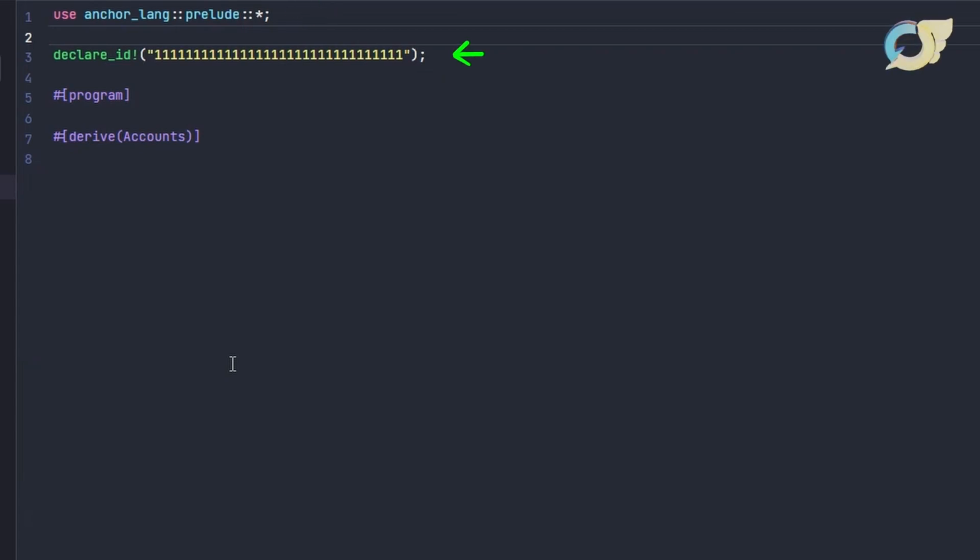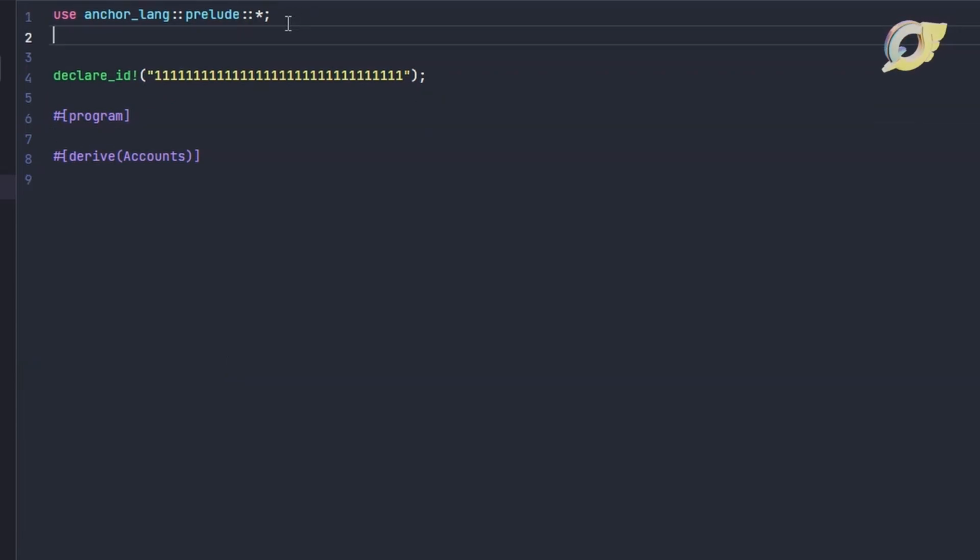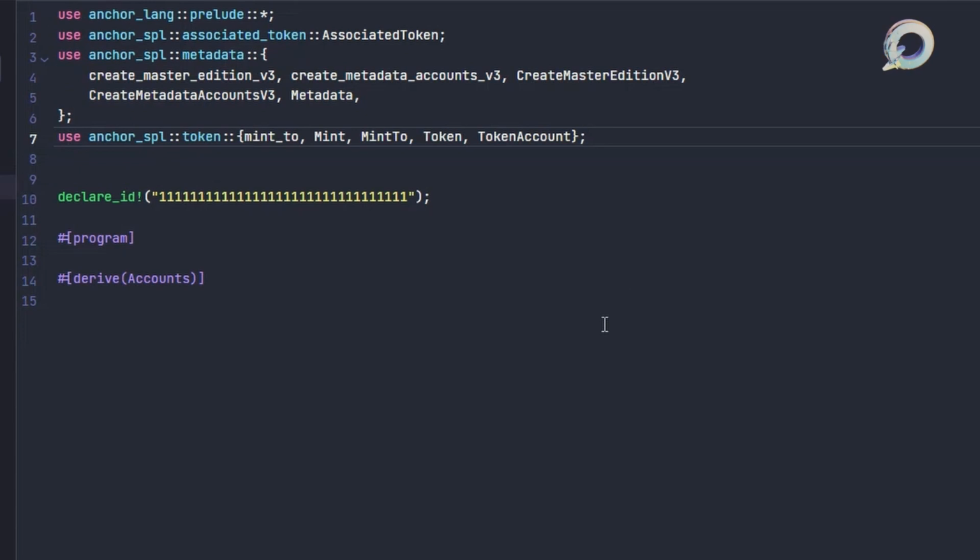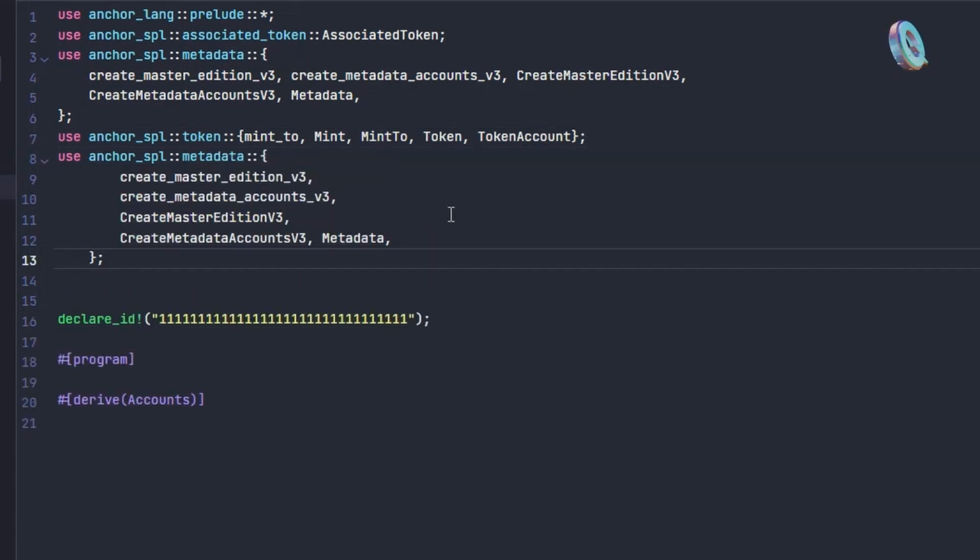We will remove the code we don't need and keep the main anchor line import, the default program ID declaration, the program and accounts derived declarations. We will import all these libraries and necessary elements like this. These libraries contain all the standard functions needed to mint new NFTs on Solana, and we will need each one